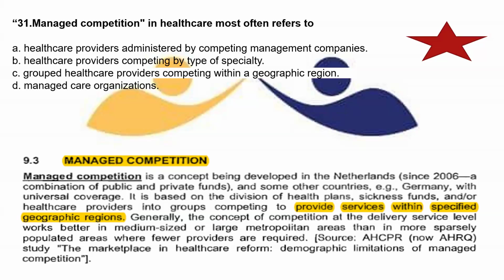While for letter D, managed care organizations are often involved in competitive frameworks, this option is too narrow because, as I said a while ago, managed competition refers to a broader concept of healthcare groups competing in specific regions, including but not limited to managed care organizations. Okay, so next,